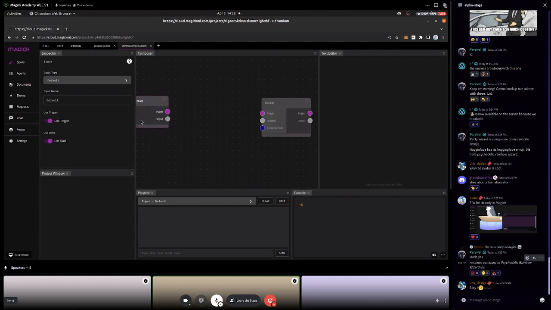You downloaded Magick, or you sign up for the cloud, and you just want to test that this thing even works at all. So you have an input, you have an output. You need some kind of work between here. You could wire them together, but you're not going to get a whole lot of usefulness. You probably want something in the middle.